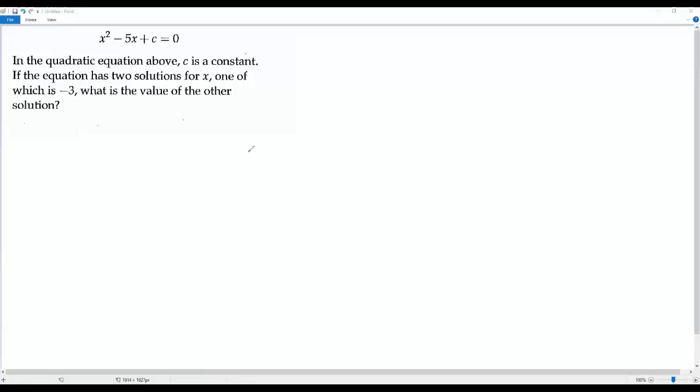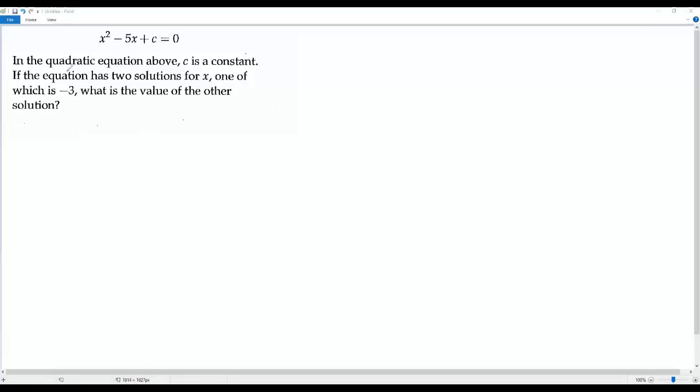Here we have an SAT math question. We have a quadratic equation that is x square negative 5x positive c equals to 0. In the quadratic equation above, c is a constant. If the equation has two solutions for x, one of which is negative 3, what is the value of the